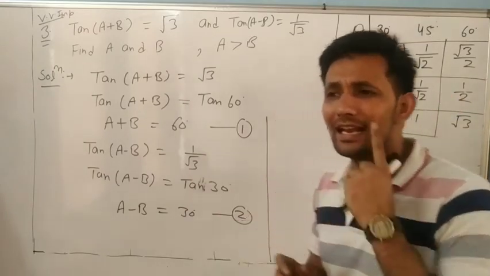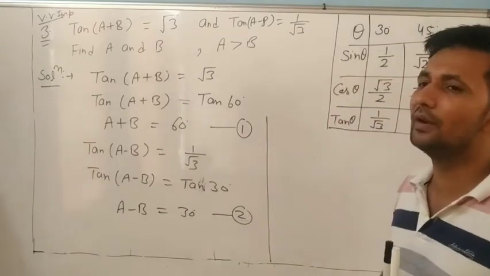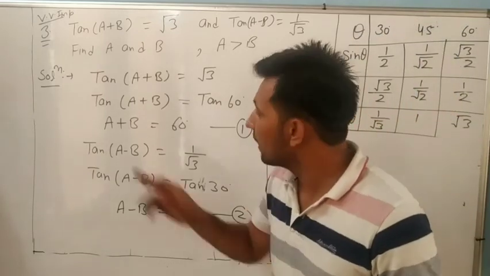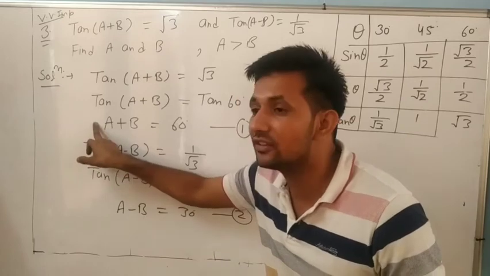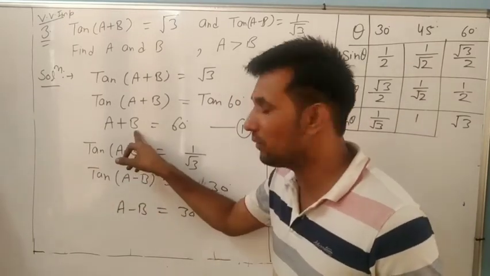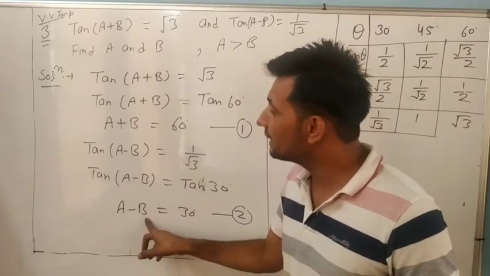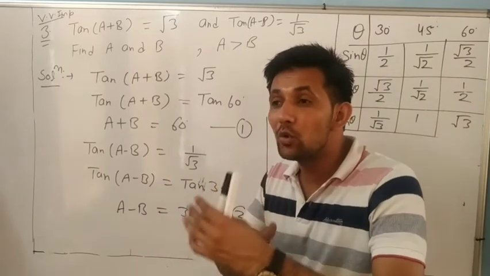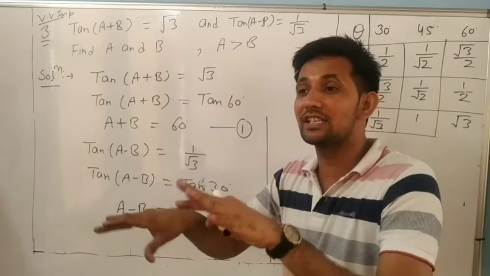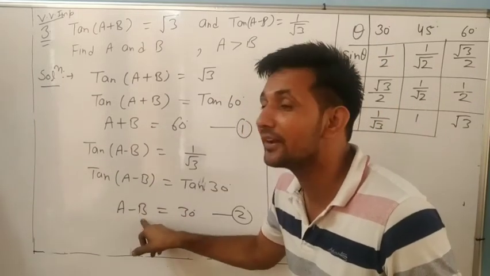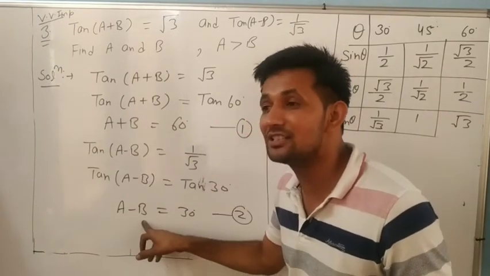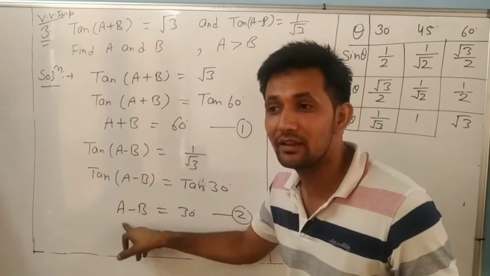Look at the elimination method, what will we do? We make the coefficients of the variables equal. Here the coefficient of A is 1, here also 1, already equal. Here the coefficient of B is 1, here also B. It means we want to add or subtract, then one variable is cancelled. Yes, it is positive, it is negative. It means if we add 1 and 2, B minus B is 0, or not? Only A remains. Understand?